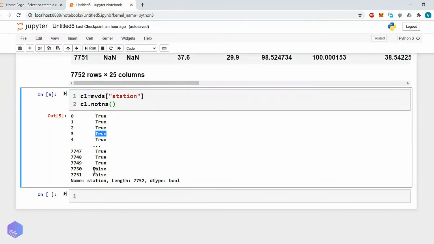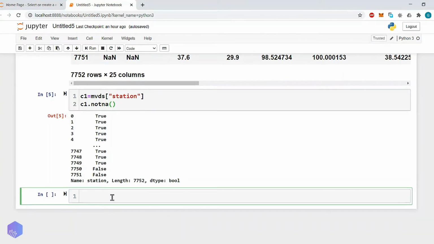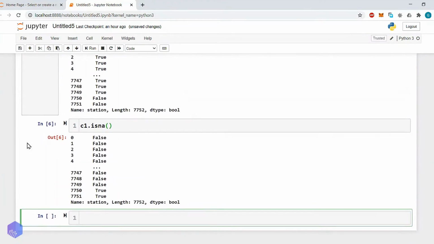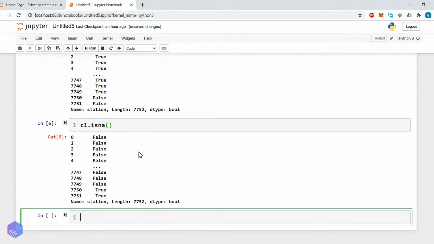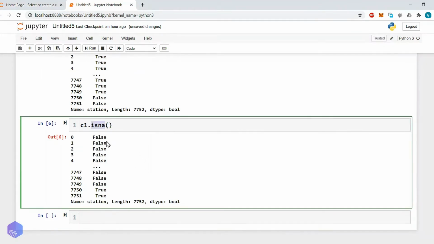But the last two rows do not have data, data is missing, so for that it returns false. Similarly for the missing-value check, where the value is not available this will be false, but for the last two rows, where data is missing, we get true.